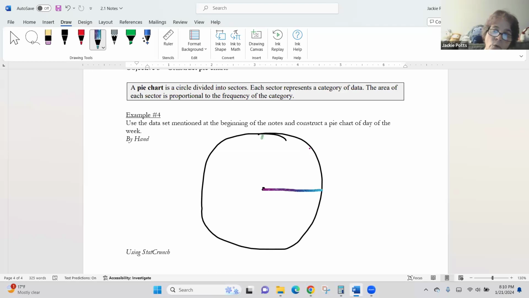Between it would be 45, and between that would be what? 60, so it's a little past 3/4. And I would call that Sunday. And I would put the percentage in. 0.19 or